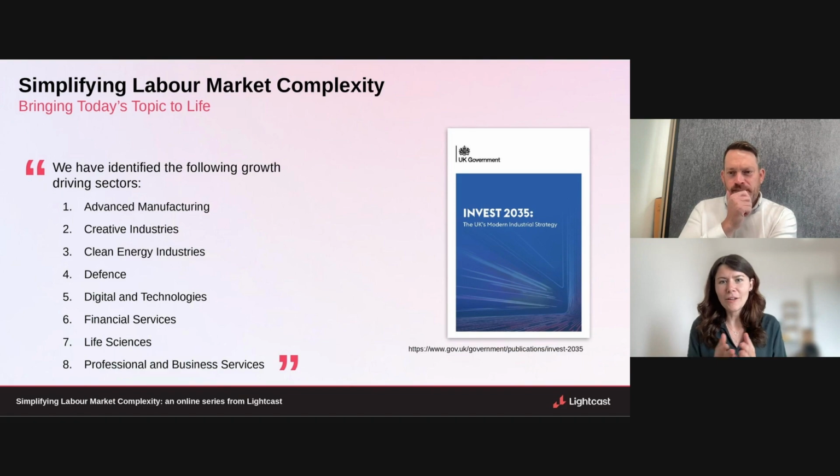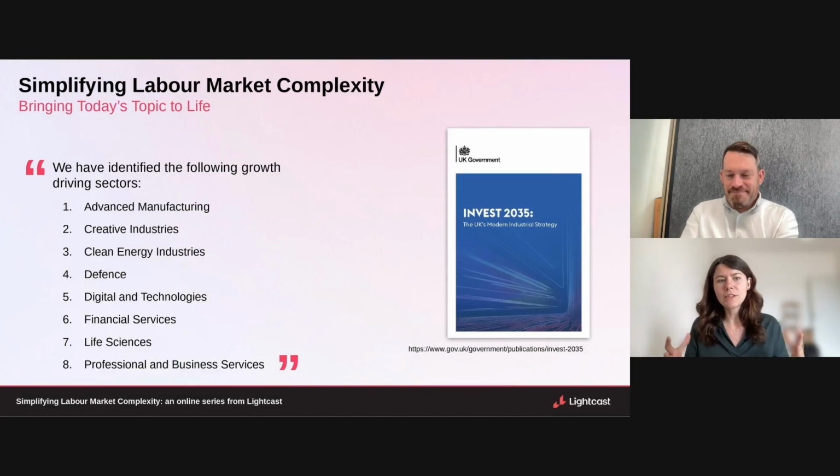Because the government obviously has identified these priorities, there are a number of things that they need to know about these priorities: what type of investments these sectors need, what type of countries we are competing against, where we want to aim to be the leader in the world, or how we train people so they can enter these sectors and businesses actually have access to the skills they need.